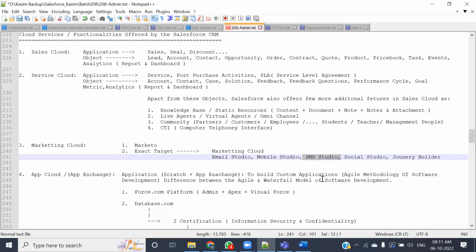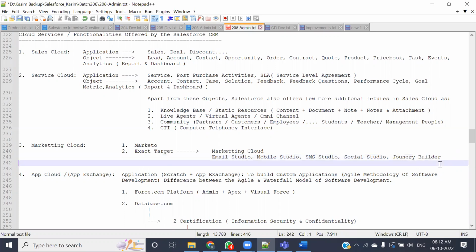सिमिलरली मोबाइल स्टूडियो जिसमें कॉल्स आते हैं आपको, एसएमएस जहां से आपको एसएमएस आते हैं, तो ये सारी चीजें ऑटोमेट हो चुकी हैं आज की डेट में। Social Studio, Journey Builders, these are the very advanced concepts. They have recently been added. तो सोशल स्टूडियो सोशल मीडिया को टारगेट करता है। जर्नी बिल्डर इज अ सेपरेट सेट ऑफ थिंग। ये फाइनेंशियल ऑर्गेनाइजेशन बहुत ज्यादा यूज कर रही है यूरोप में और यूएस में। इंडिया में अभी तक कंसेप्ट आया ही नहीं है जर्नी बिल्डर का। ये बहुत सेलिंग प्रोडक्ट है सेल्सफोर्स का, जर्नी बिल्डर्स। और मार्केटिंग क्लाउड में सबसे डिमांडेड फिलहाल जर्नी बिल्डर है और सोशल स्टूडियो।